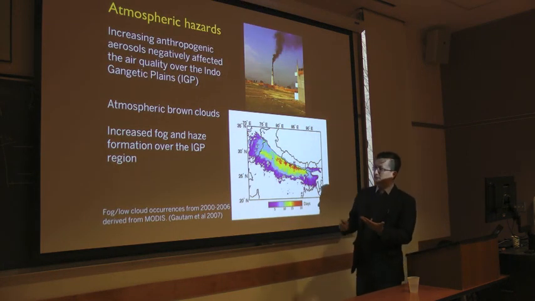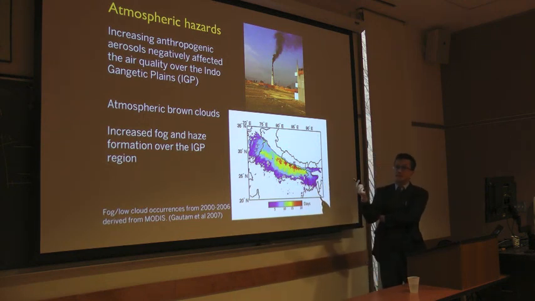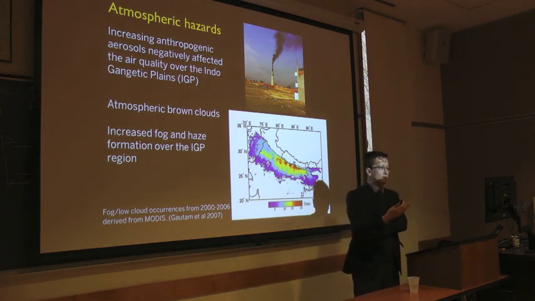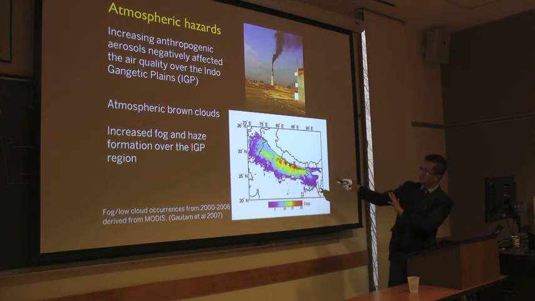Again, this is not my expertise. My colleague Ritesh Gautam is the main expert in atmospheric hazards, but he's documented that there are also increasing atmospheric hazards in the South Asian region, the Himalayan region, particularly in the Indo-Gangetic plain. So this map here shows